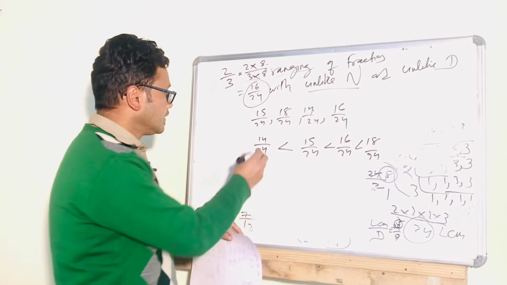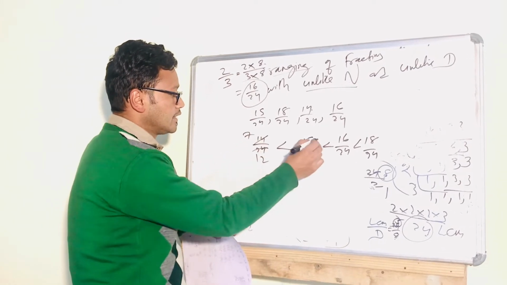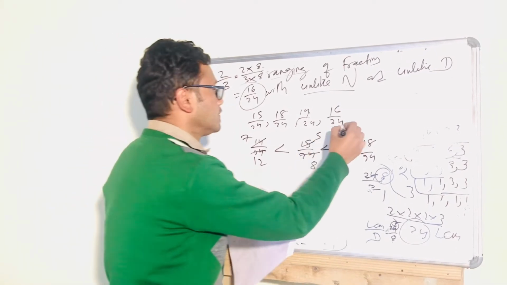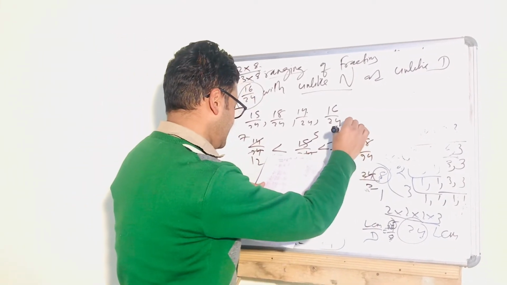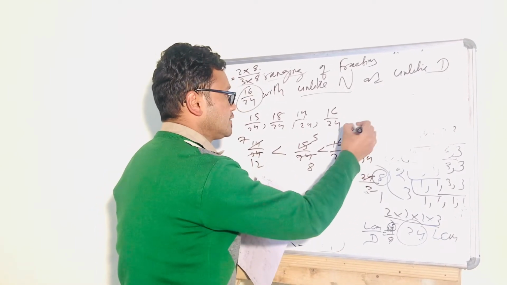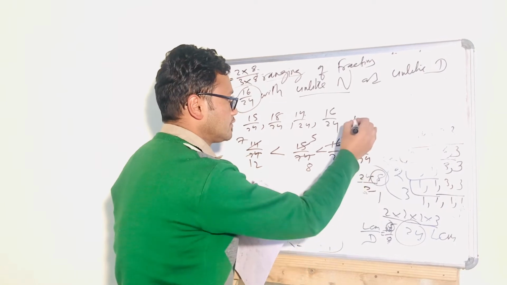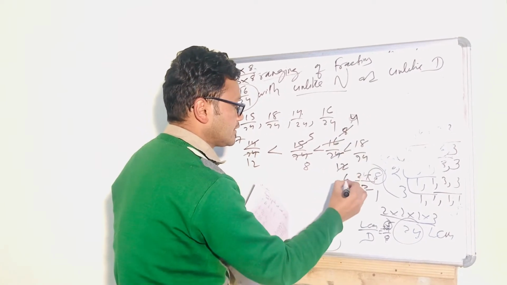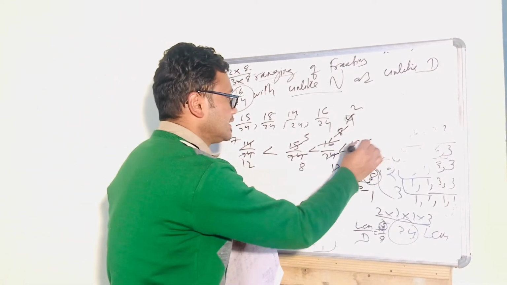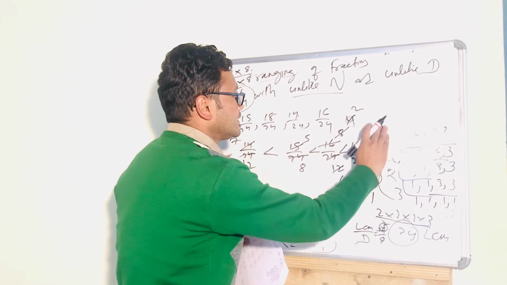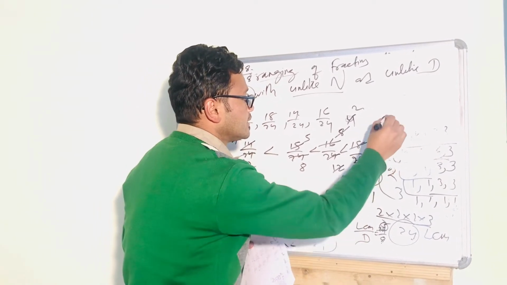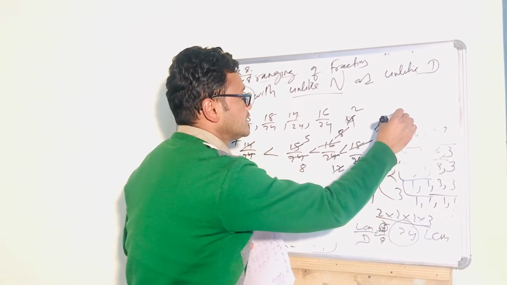Okay, you can also cut: 2 7s are 14, 2 12s are 24. Okay, 3 5s are 15, 3 8s are 24, 2 8s are 16, 2 12s are 24, again 2 6s are 12, 2 4s are 8, 2 2s are 4, 2 3s are 6. Now lastly 9 2s are 18, 3 6s are 18, 3 8s are 24, 2 3s are 6, 2 4s are 8.